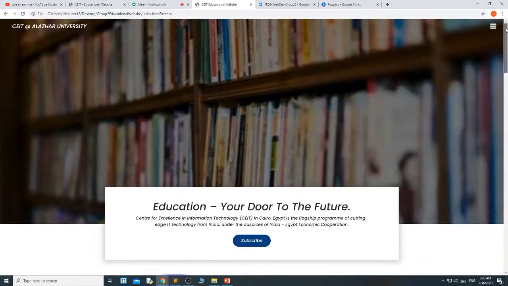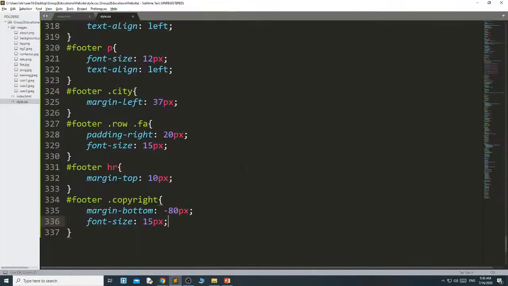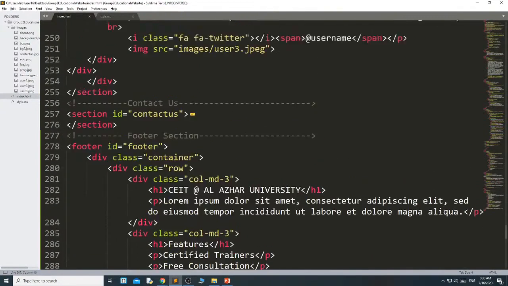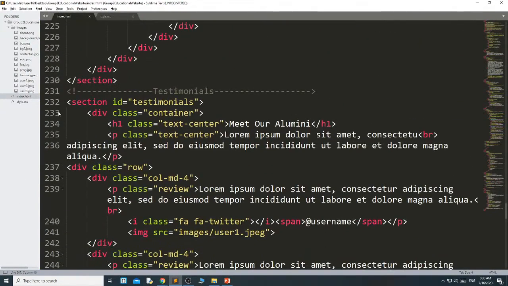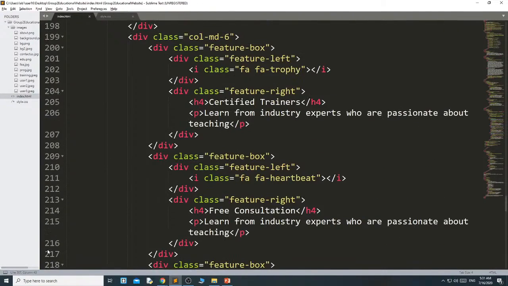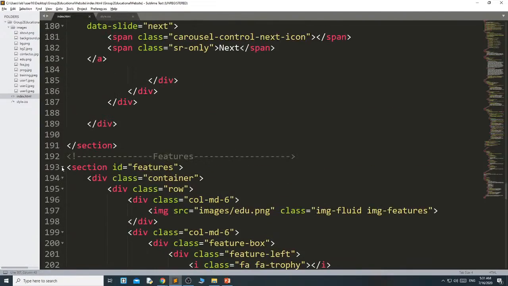The only thing here is I have to add the contact us link so that it will go to that particular section. Then contact us, this one.